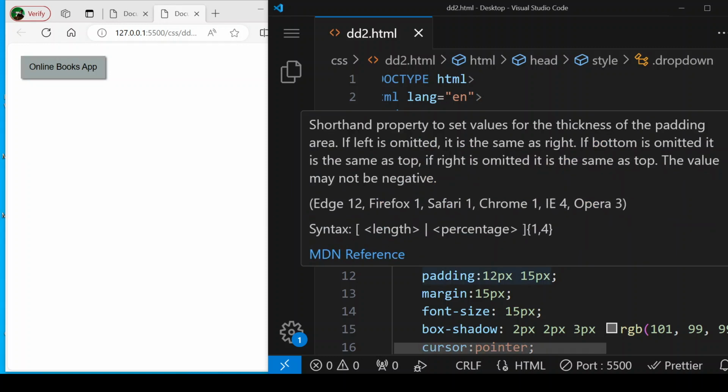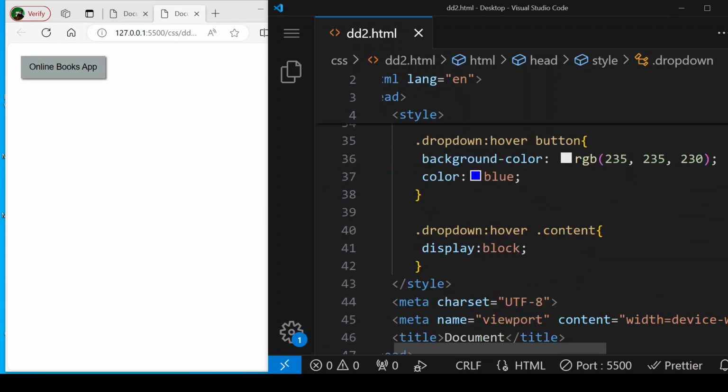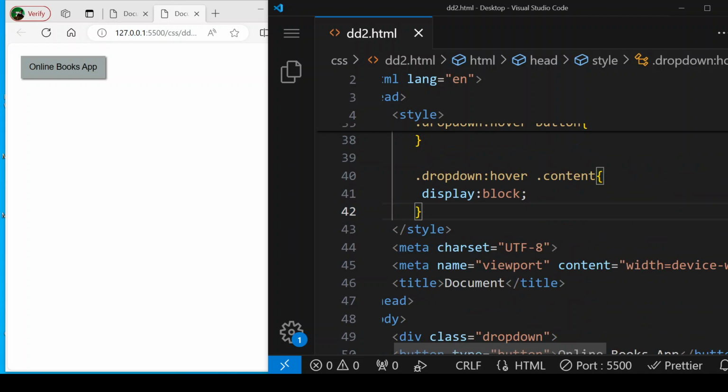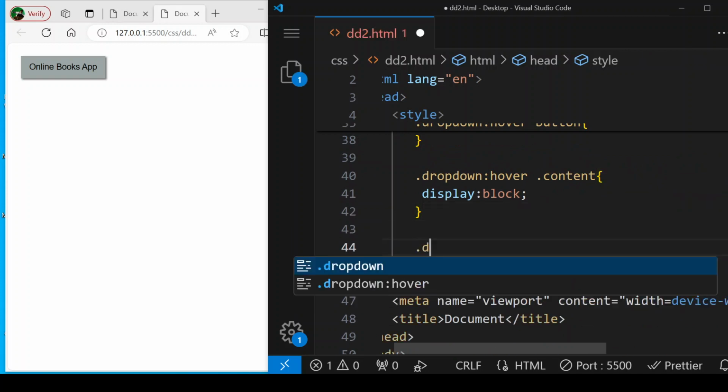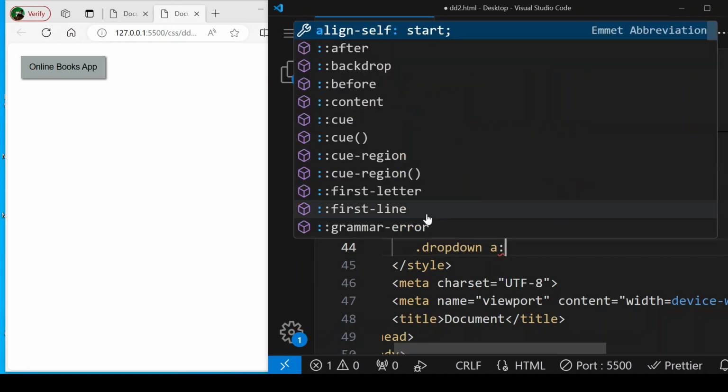Next thing we want, whenever we hover over this list item, it should change the color. So here dot drop down a, because we will be hovering over those links. Then hover,